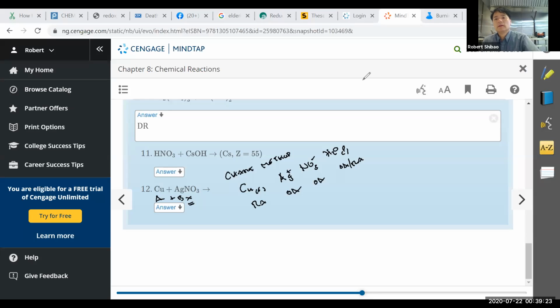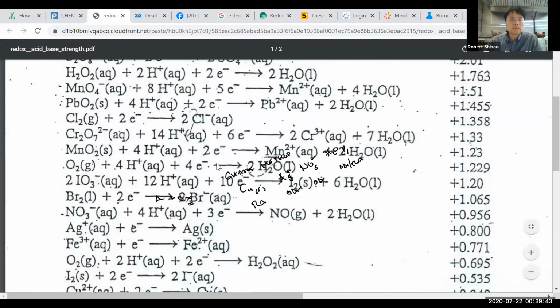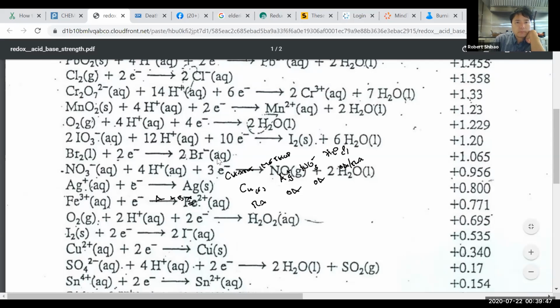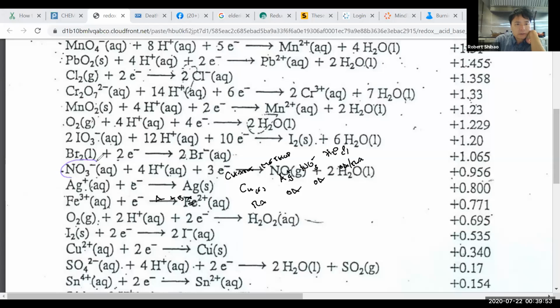Meneses, nitrate. Anybody else? Well, let's take a look at the chart here and see. If you say maybe, no, you should try to be a little more strong in your conviction. So I see nitrate here, and I see silver here. So which one's stronger, nitrate or silver? Yeah, according to the chart, it's nitrate, but